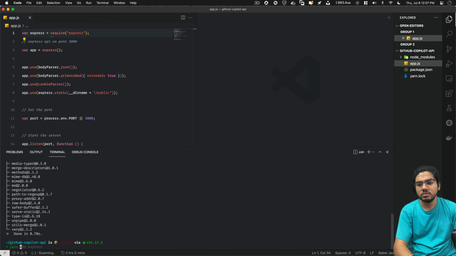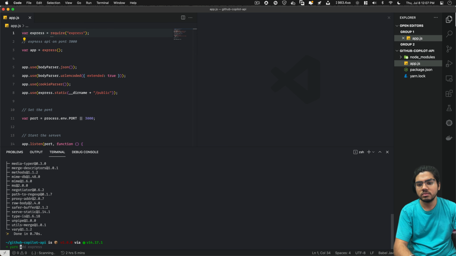Yep. So let's try if our API is working. Okay, so we forgot to import it. Body parser. So we require body parser. Let's try cookie parser. Okay, we don't need it right now, so I'm removing this. We don't even need the static folder. We'll just make the API, not the front end part.